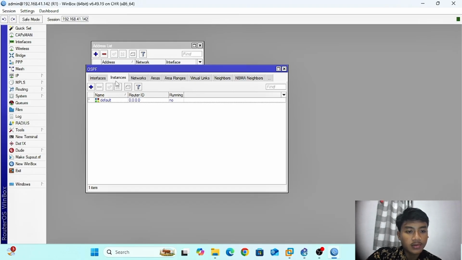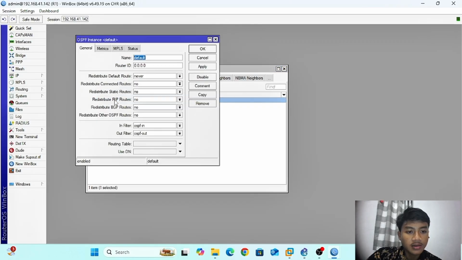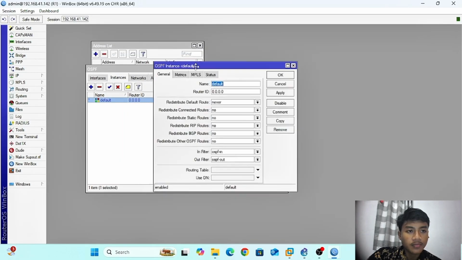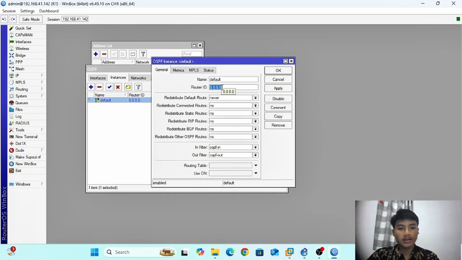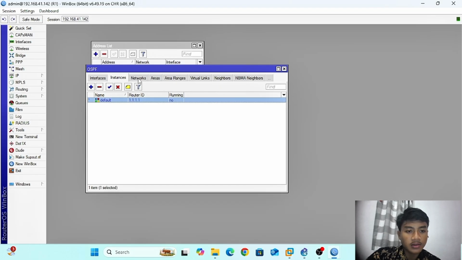Click tab instance and then click default, and in router 1 I will give router ID 1.1.1.1. I will choose step 1 and redistribute connected route, apply, and then click network.